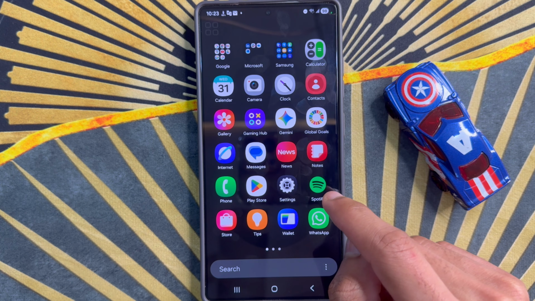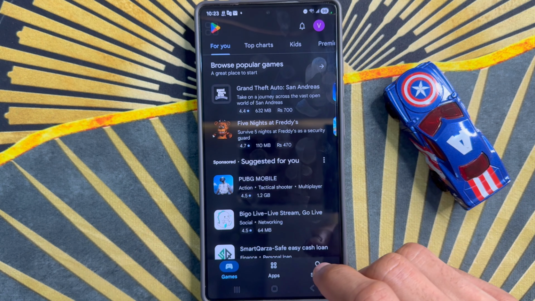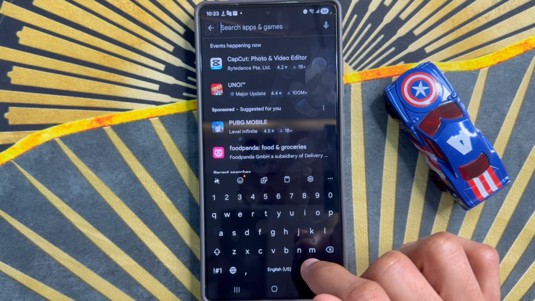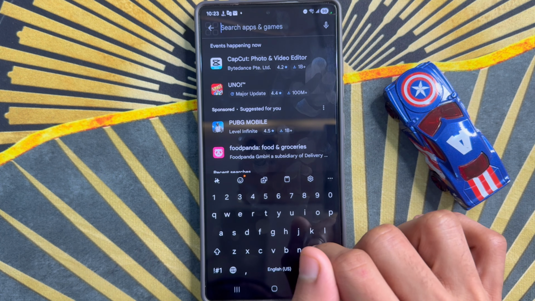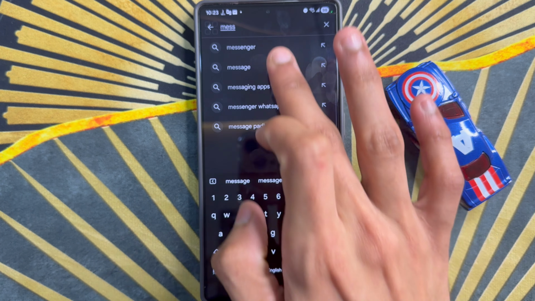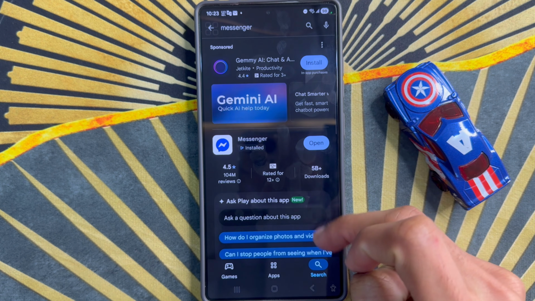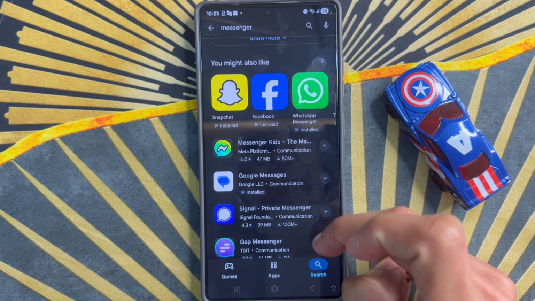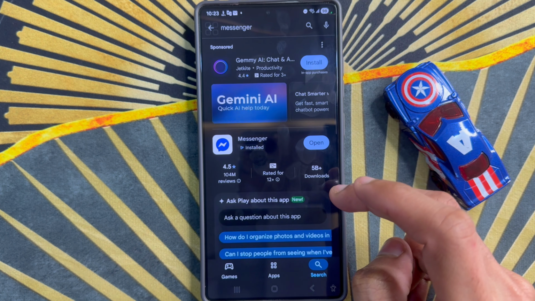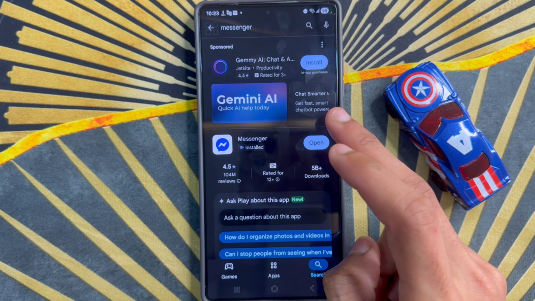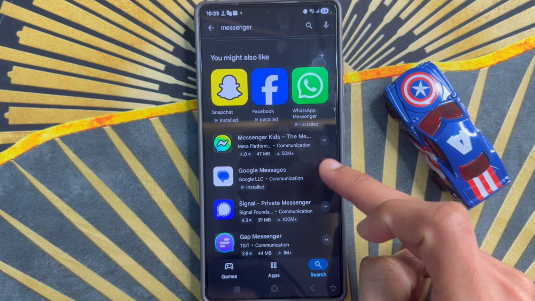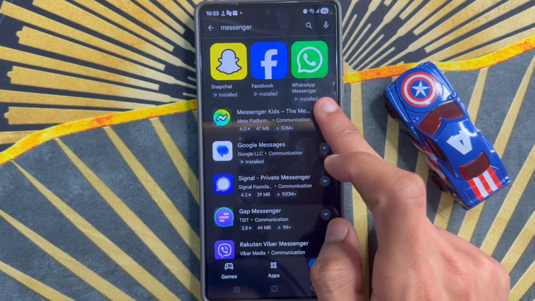So here click on Play Store app and click on search. So search Messenger. Scroll down and search. Select Messenger app from here. So if you want to install Messenger app, click on this